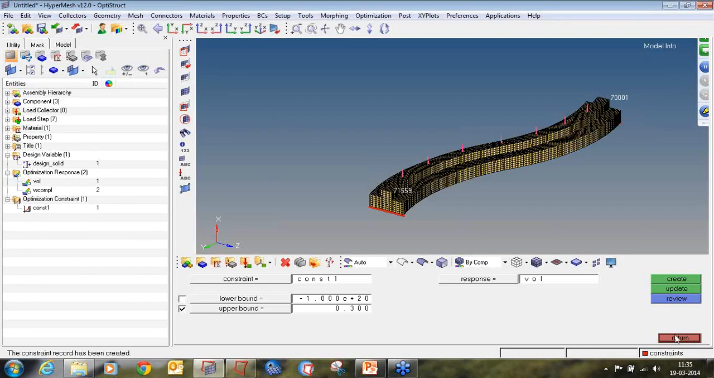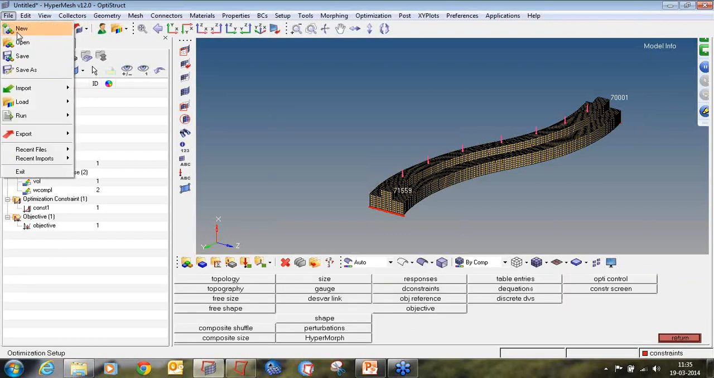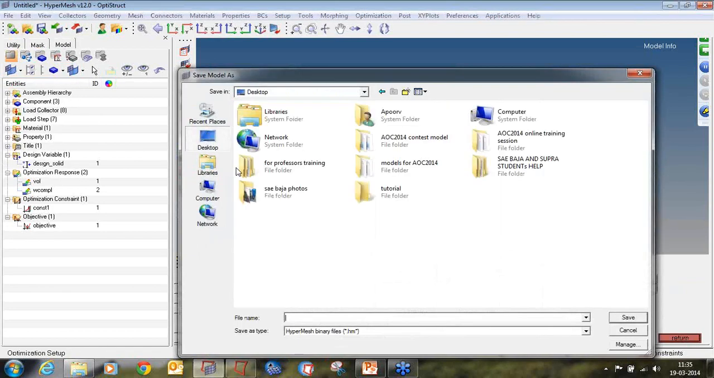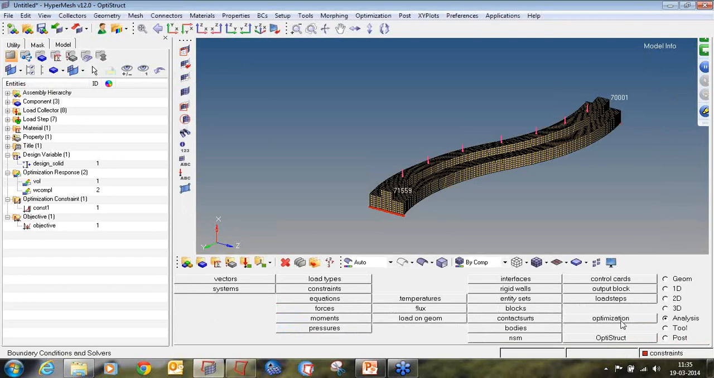Then the next step is to define the objective. So my objective is to minimize the weighted compliances. Now we will save this file. And solve the